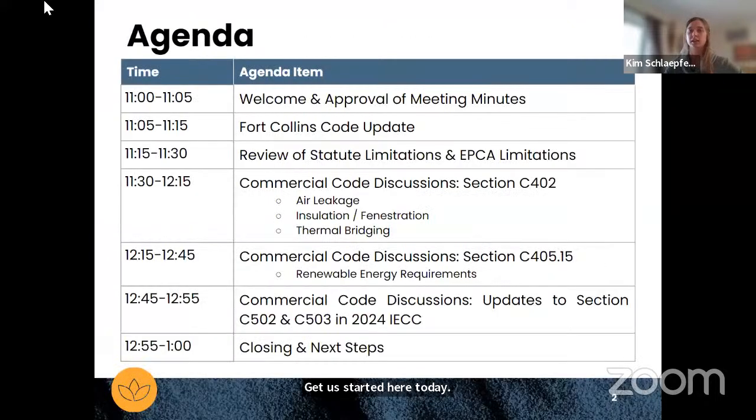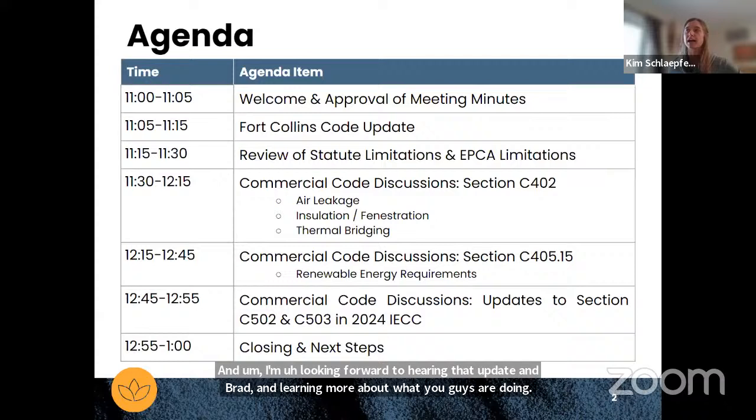All right. Cool. So here's our agenda for the day. We are going to start with approving the meeting minutes, as we always do. And then we're going to turn it over to Brad for a quick 10-minute update on the codes work that he is engaged with Department of Energy. And I'm looking forward to hearing that update, Brad, and learning more about what you guys are doing.